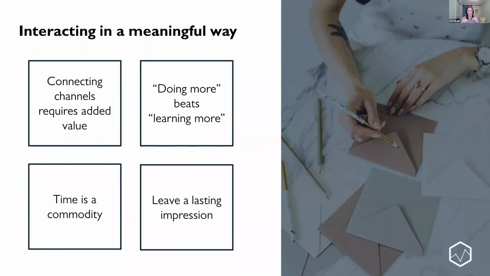Again, I just want to come back to those key themes I talked about with the idea of interacting in a very meaningful way. So thinking about how the channels are going to connect with each other, work with each other. How can you add value? If you're going to use a QR code, providing more than just information, actually providing a trigger to an action or providing value above and beyond maybe what the product itself is. Understanding that time is a commodity. We have very little of it from our customers, fractions of a second sometimes. So if you can elongate the time, that's definitely in your favor.